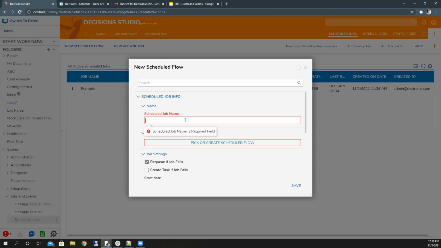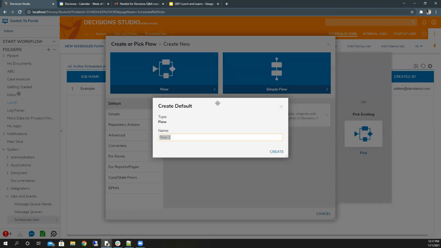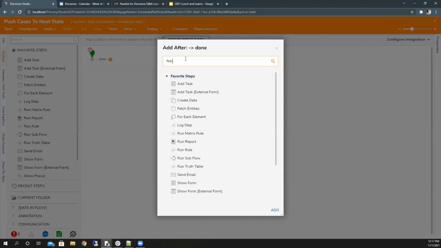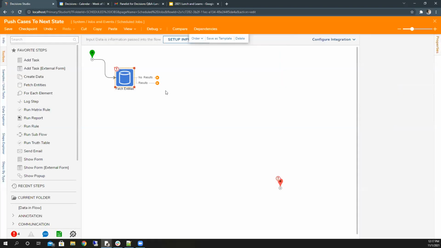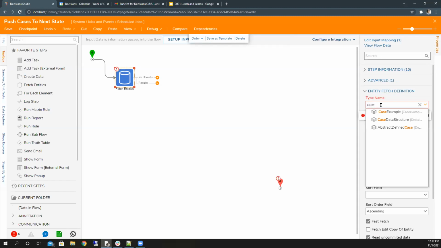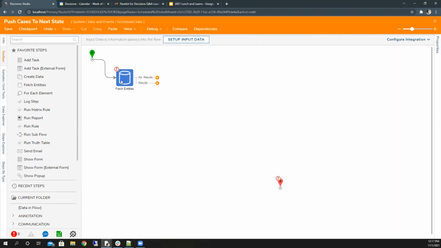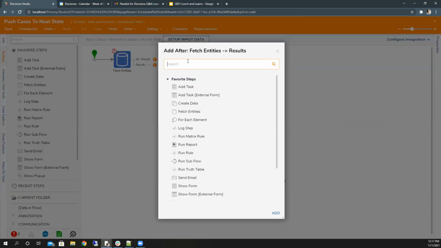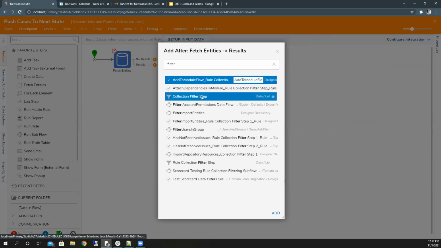And I'll create a new scheduled job called check and push cases. I'll say push cases to next state as an example. And what this is going to do is it's going to fetch all of my example cases first. I call it just case example. And then I'm going to actually filter all of my cases by the ones that I care about. So if I filter,